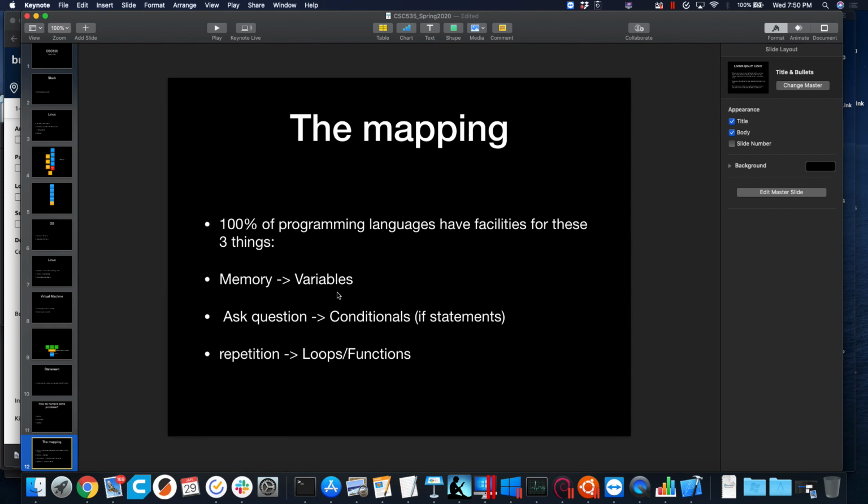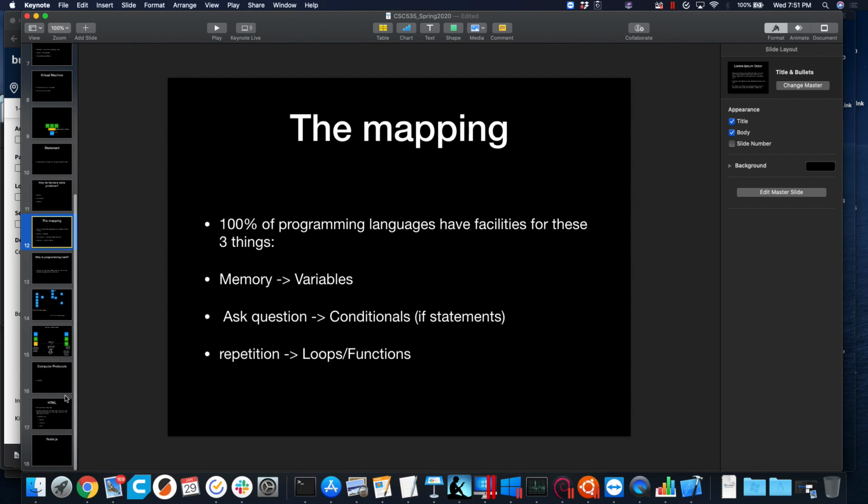So for instance, if we just quickly throw it out there, HTML is often thrown around as a programming language. It's not. HTML is a data representation language. There's nothing wrong with it. Can't define variables, can't ask questions, can't write loops or functions in HTML. In fact,